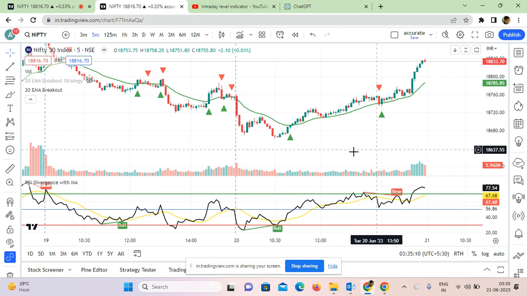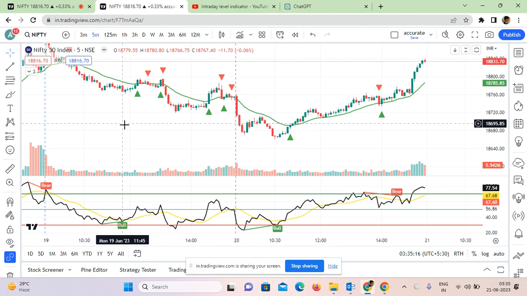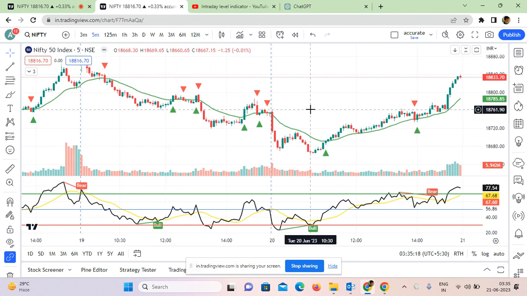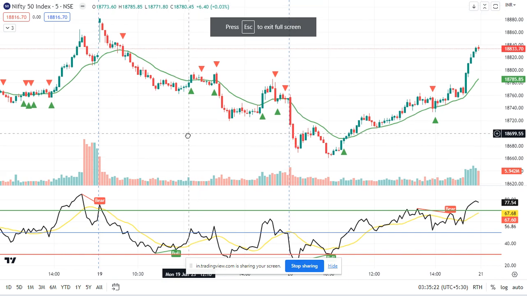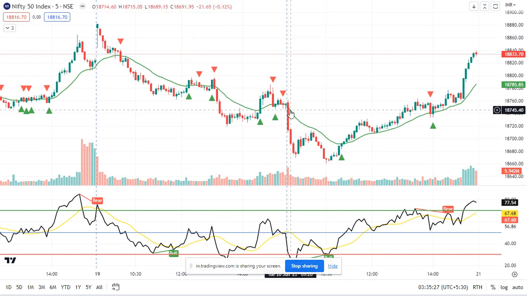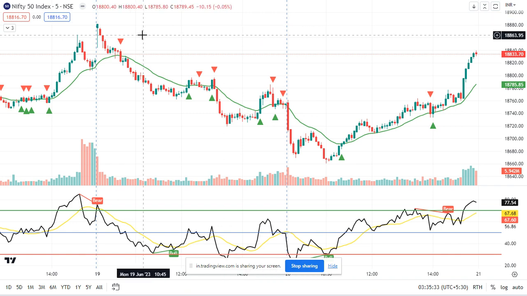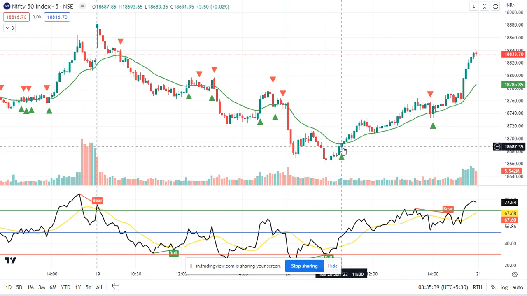Like the indicator I am creating, a 20 EMA breakout indicator. If I want to use it with optimum results, I have to use it on a trending day. A trending day means a day which breaks the low or high of the previous day. That is called a trending day. On a trending day, if I use this indicator, it provides awesome results.